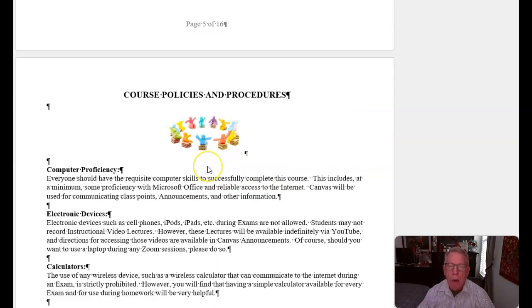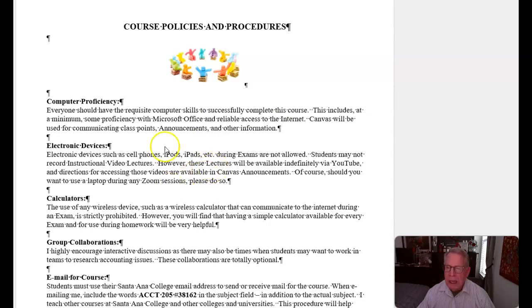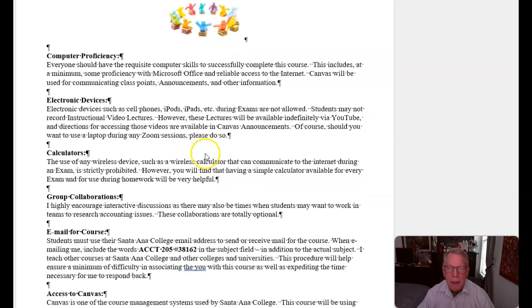Okay, so course policies. Here you can read a little bit about computer proficiency. I'm looking for some minimum skills in Microsoft Office. Generally, I think a little bit about Excel and Word maybe for this course. Also, Canvas is going to be used throughout the communication process in announcements here.